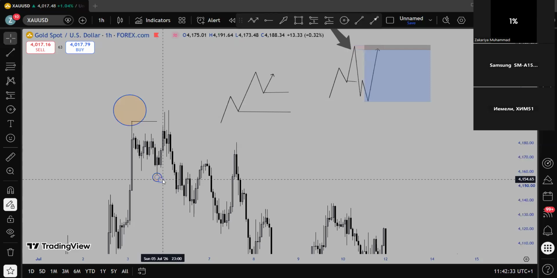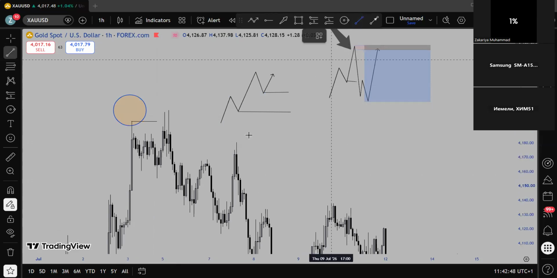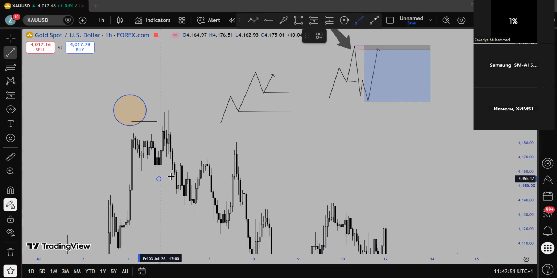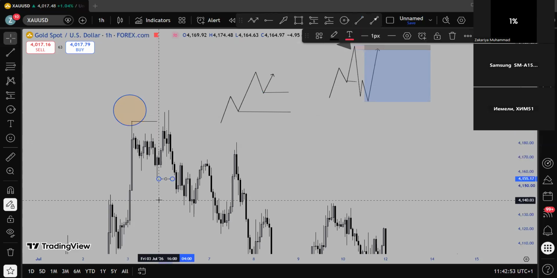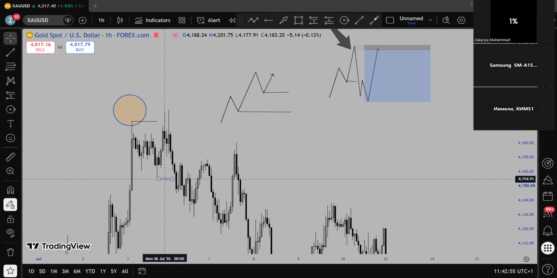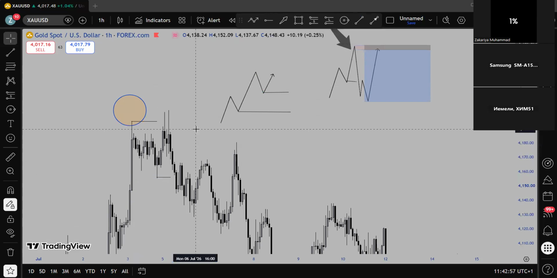If market did not break this structure, we don't have structural shift, because this is the last valid low that caused the breakup structure to the upside. So this is why we expect structural shift to happen. Then we mark the low and expect markets to come and take it out. Then from there, okay, we have structural shift. Then we look for other confluences. Can be liquidity, and then our point of interest, unmitigated point of interest.